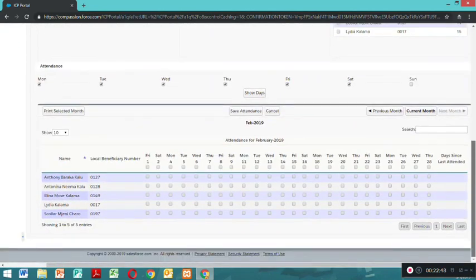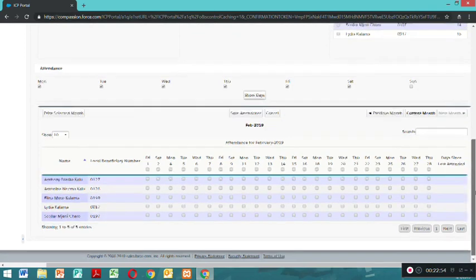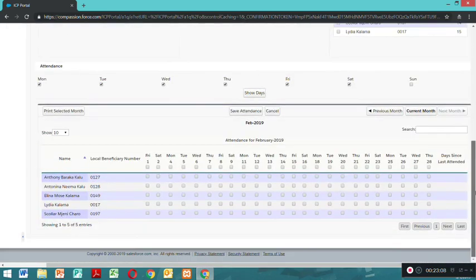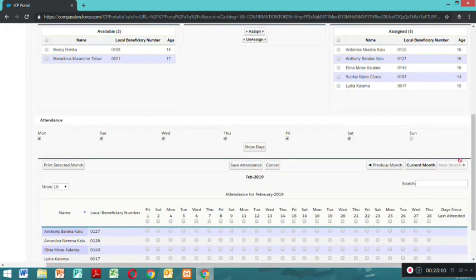As you can see, that one already we have saved this attendance for the children. So you see this Madam Kazungu, this is her class, and these are the days of the week they will be attending the program. And then when you click on the current month, you can be able to mark